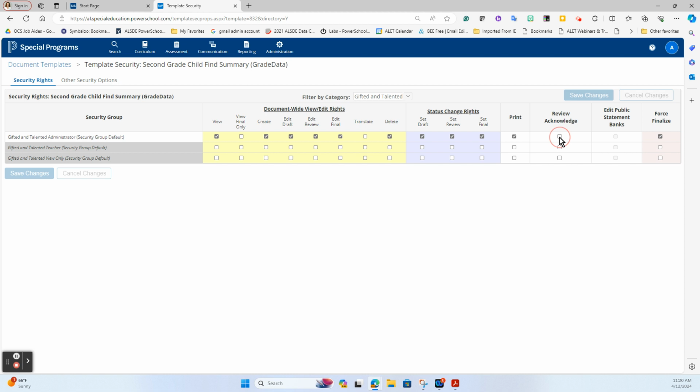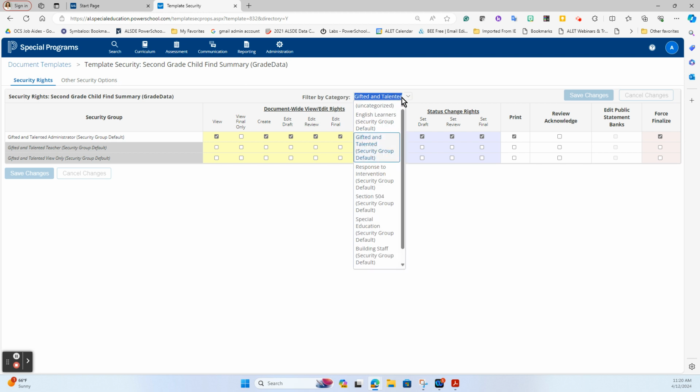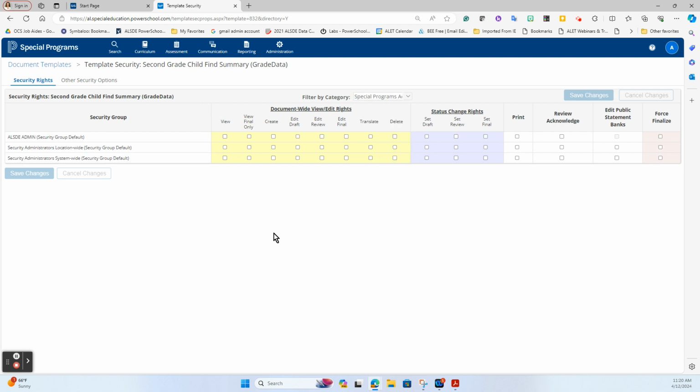So if I needed to make any changes, I'm just going to click and unclick to show you. You would then save the changes once you make the clicks for any of those. And if it needs to be for multiple, I don't see use cases for a viewer or a teacher to be able to see this, but the administrator most definitely. If your overall special or building staff or special programs admin group, so here, if I know that the location-wide or system-wide admins need access, then I'm going to go through here, click the appropriate boxes of what they should be able to do with these,